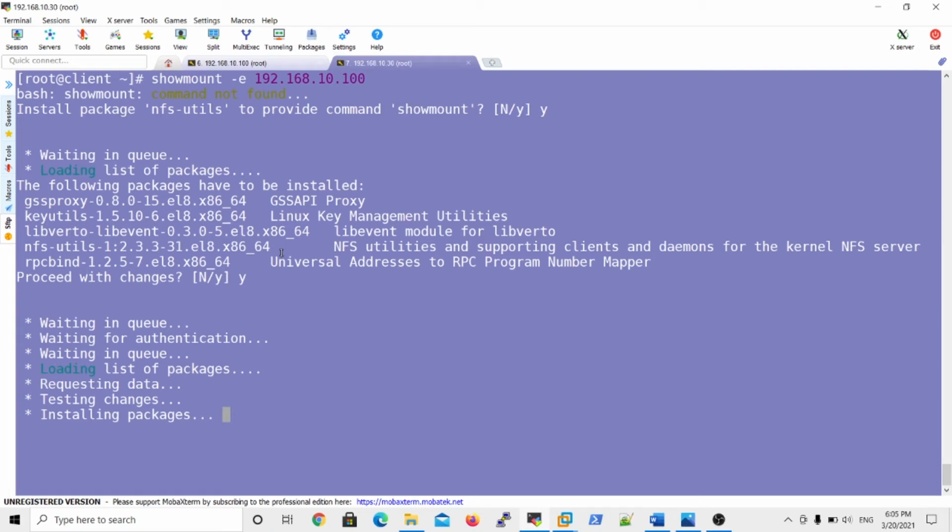Otherwise, if you do not follow this procedure, please install it again: yum install nfs-utils is the package name. So please install the nfs-utils package.